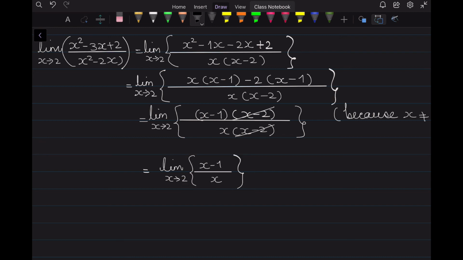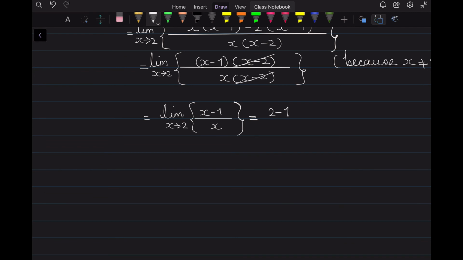And in the very beginning of this lesson, we learned that if a is in the domain of a rational function, then the limit of a rational function as x approaches a can be determined by applying the direct substitution property. So, which means that this limit can be obtained by directly substituting x is equal to 2 in this expression, and which will give us